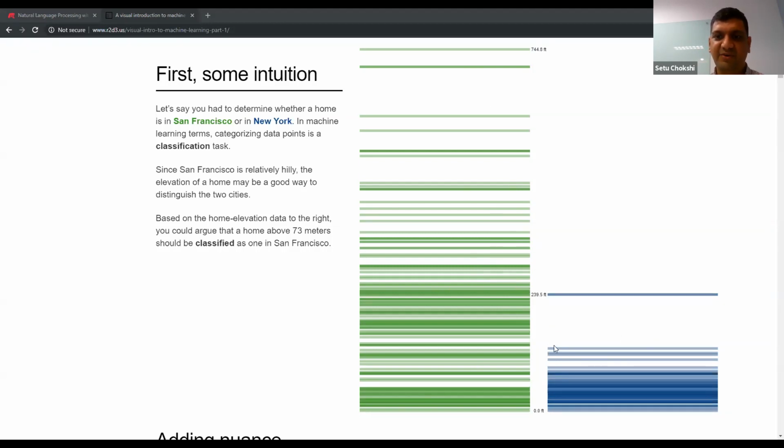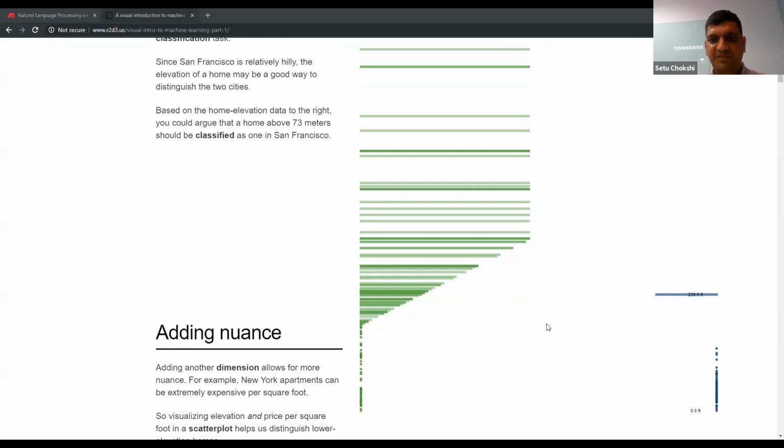Or I could take a value where I have a big gap from the top value, around 150-ish. I'll get some error, but with very good confidence, I will be able to do that. So that's a very intuitive way of defining a standard split that will tell you whether a house is in New York or San Francisco. Is this part clear of how we did our first cut of classification? All right, let's move on.